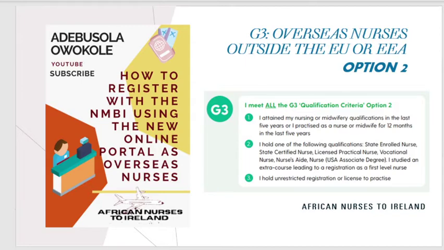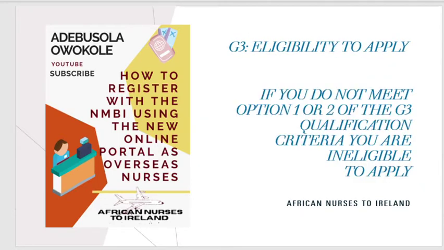And I want you to know that if you hold any of the following qualifications: state enrolled nurse, state certified nurse, licensed practical nurse, vocational nurse, nurse's aide, or anything like that, you also need to study general nursing or general midwifery, whatever postgraduate degree you have. So for you to be recognized as Group 3, for you to be eligible, you need